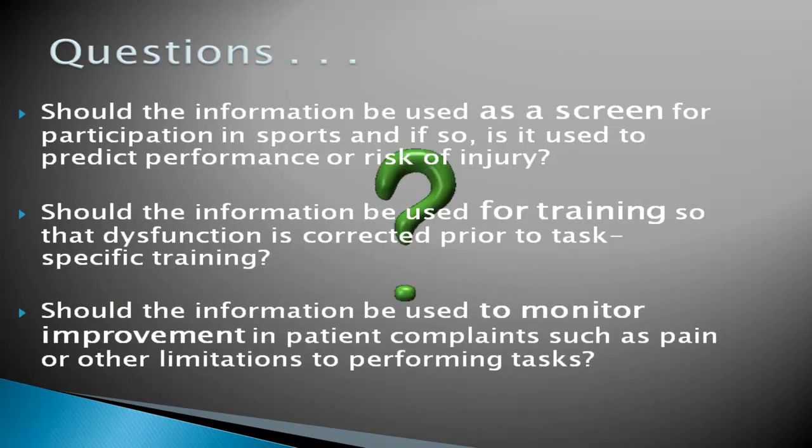There are therefore many questions in need of answers. Should the information be used as a screen for participation in sports, and if so, is it used to predict performance or risk of injury? Should the information be used for training so that dysfunction is corrected prior to task-specific instruction? And should the information be used to monitor improvement in patients' complaints, such as pain or other limitations to performing tasks? For any of these purposes and outcomes, the question is, has this been measured and applied in a study